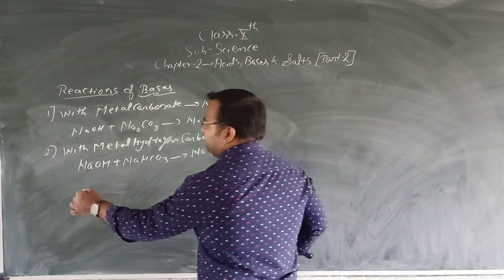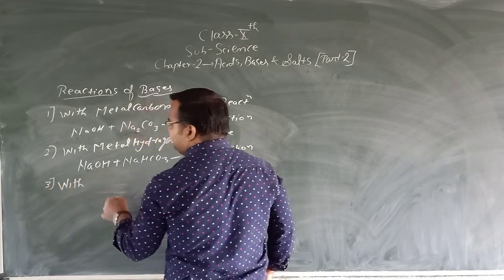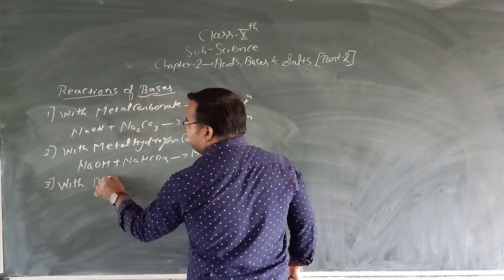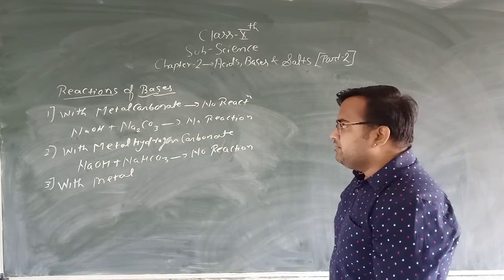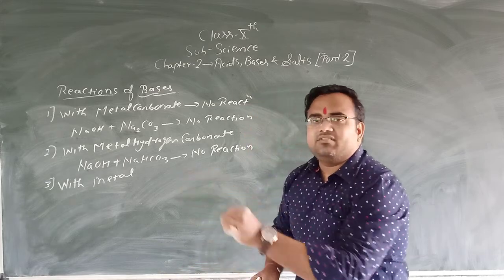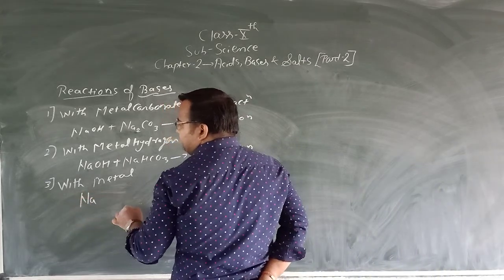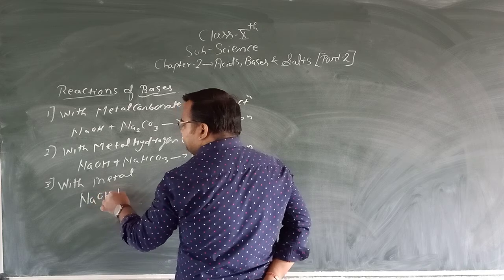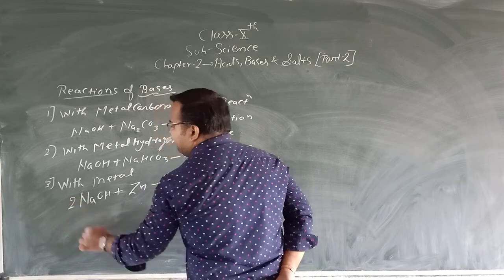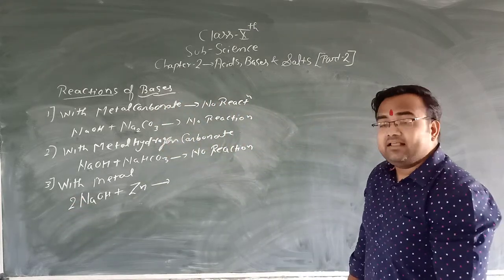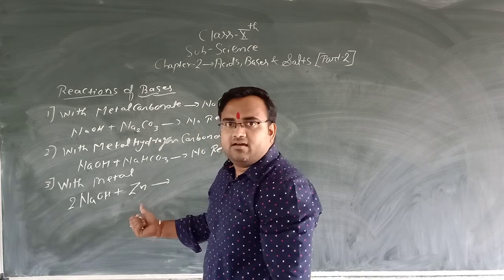Third is with metal. See, bases react with metals. For example, NaOH plus zinc metal, we are taking. Whenever a base reacts with a metal like zinc, the answer will be,